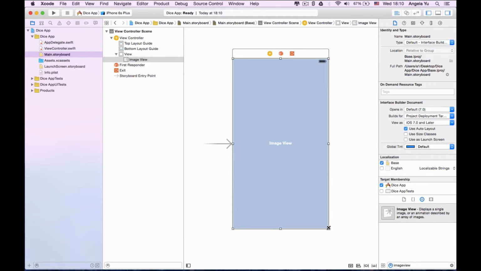An image view is essentially a picture frame. Once we drag it on, it doesn't show anything because it's an empty picture. So we have to slot our own picture into it in order for it to display anything. But we don't have any pictures or icons for this app yet. So we're going to go over to